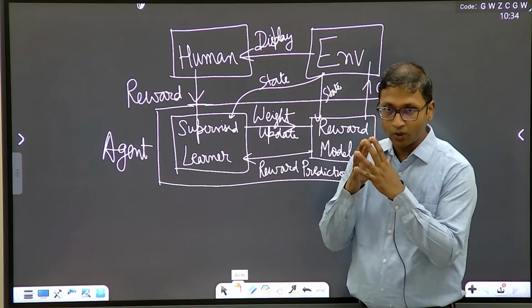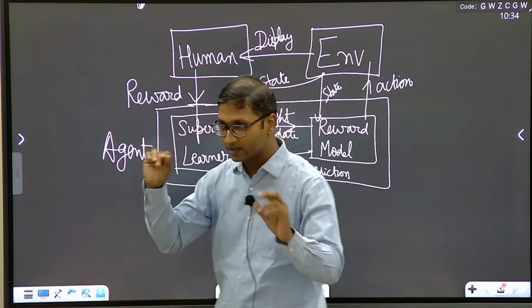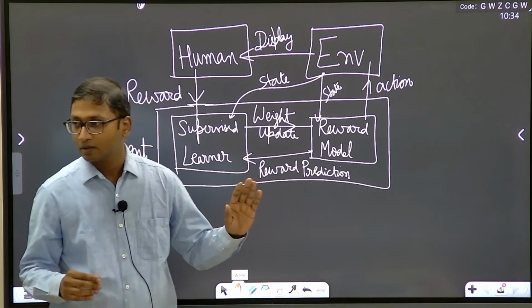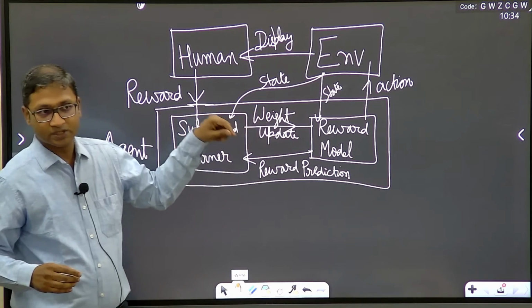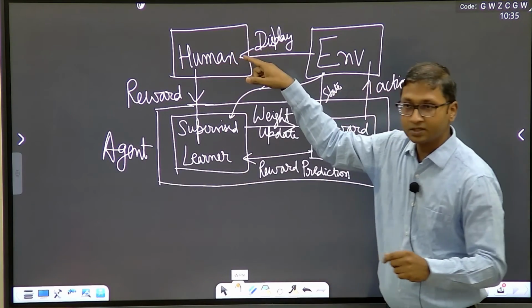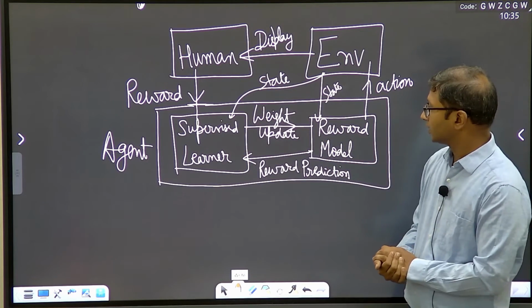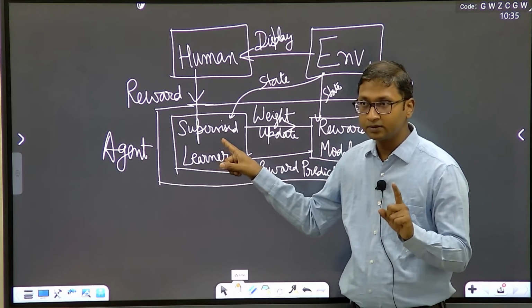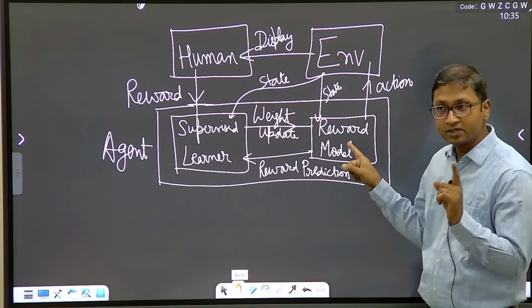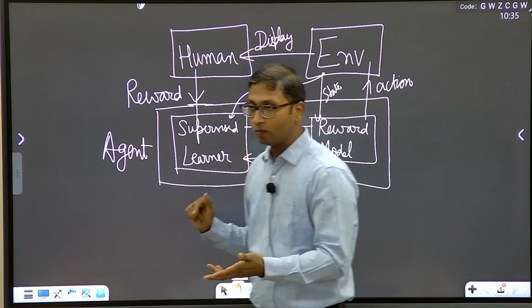I just want you to fit this diagram in the story, because this is not the exact diagram that they are doing in RLHF papers, but everything is derived from here. This was the first paper that started talking about how to take human preferences that give rewards to agents. So, you have a supervised learner, that in our case is the LLM. We still do not know what this reward model is. Environment, what is that now?